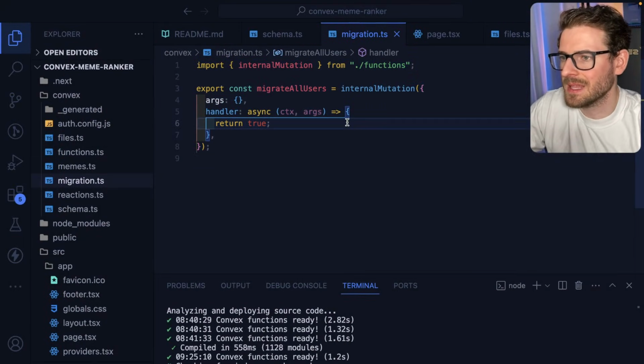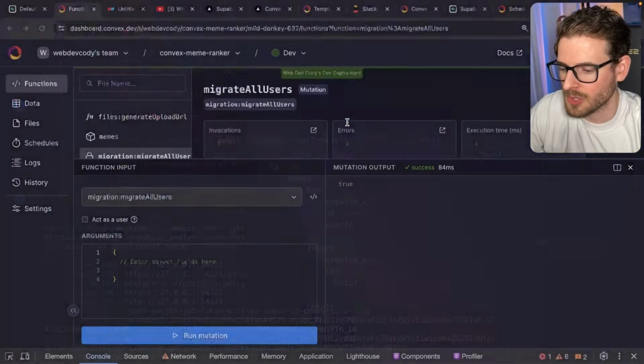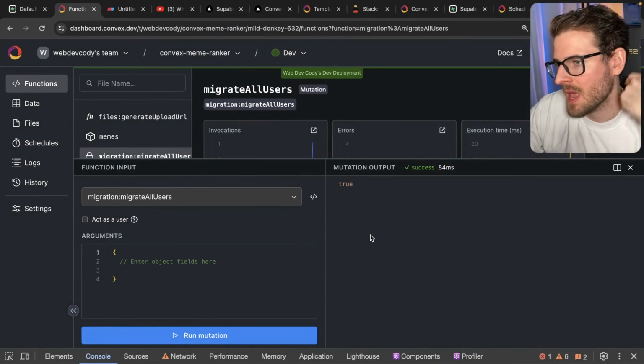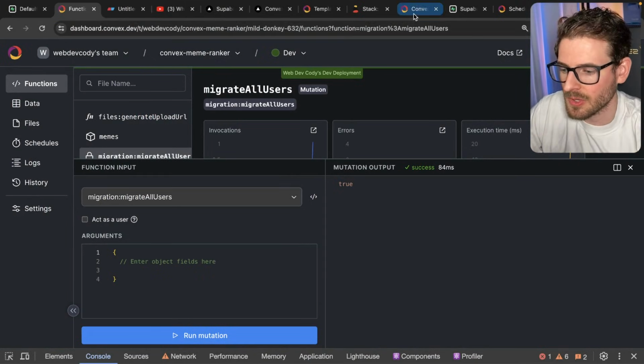So the way I do migrations is I'll just write a quick little internal mutation. I'll loop through the data that needs to be changed. I'll rewrite that to the table and then I'll go over to the UI in production and I'll just run it. That's kind of how I've done migrations,